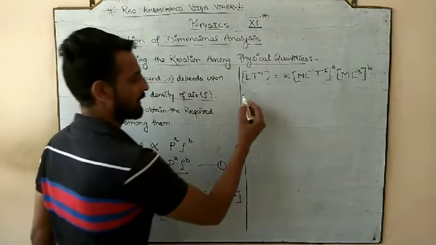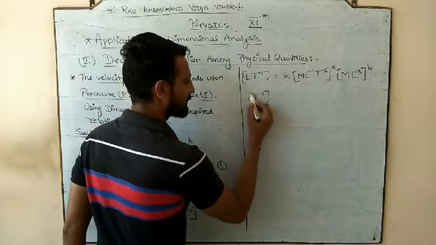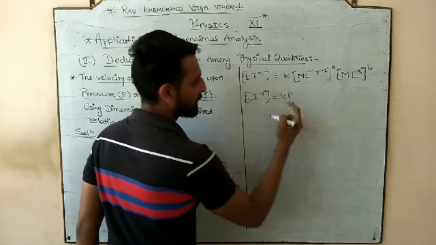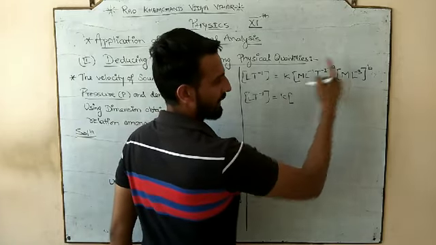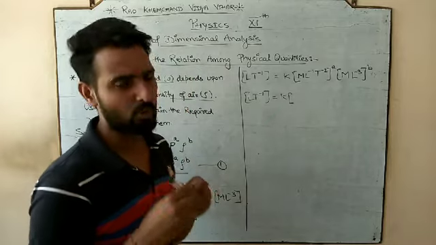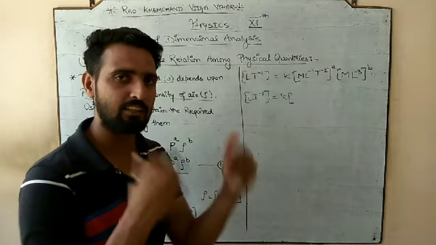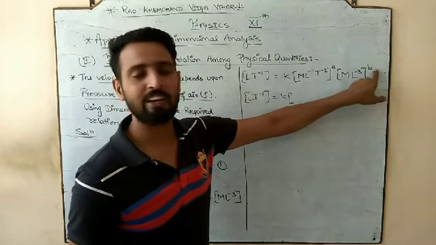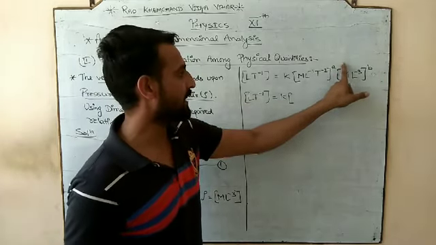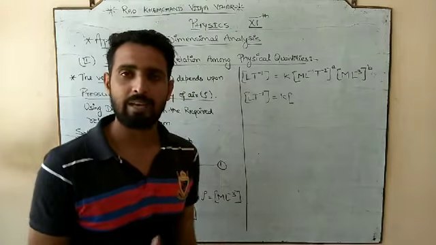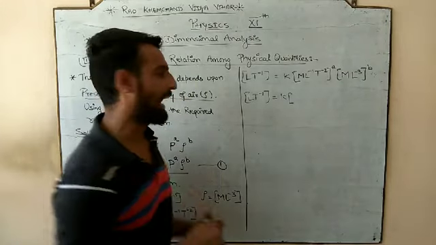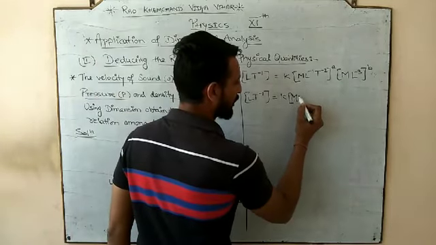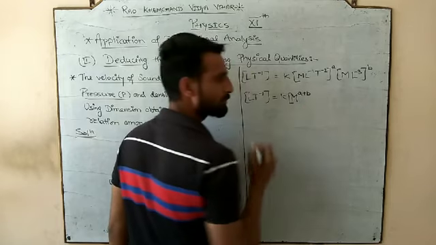Now you have to solve. LT^-1 = K, you have to open the brackets, M power A. Clearly, let us do a little calculation. We are in the 11th class, so it will be quick. What is the power of M? A. What is the power of M here? B. So M power A, M power B. Base is same, so powers are added. What would be the total power of M? It would be A plus B.